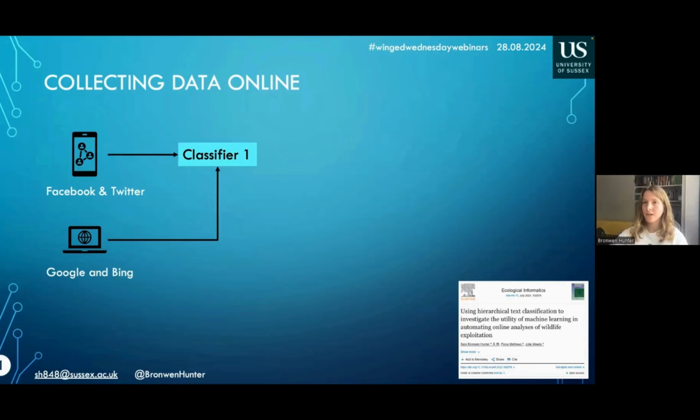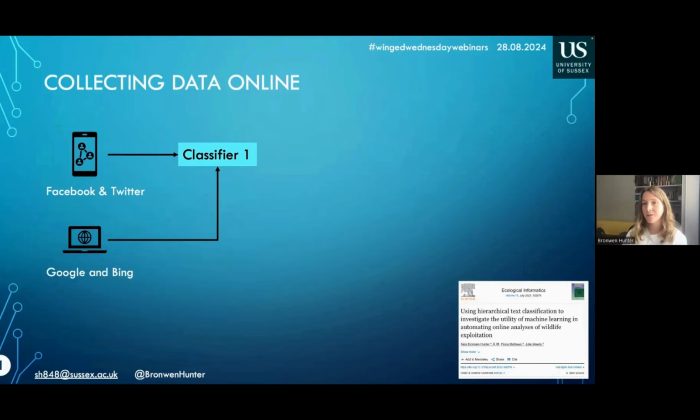So I took the text from either the websites collected from the search engines or the text collected from the social media posts, and I filtered them using a series of text classifiers. And text classifiers are basically language models or machine learning based models that, with training, are able to identify texts that are classified as either relevant or irrelevant.